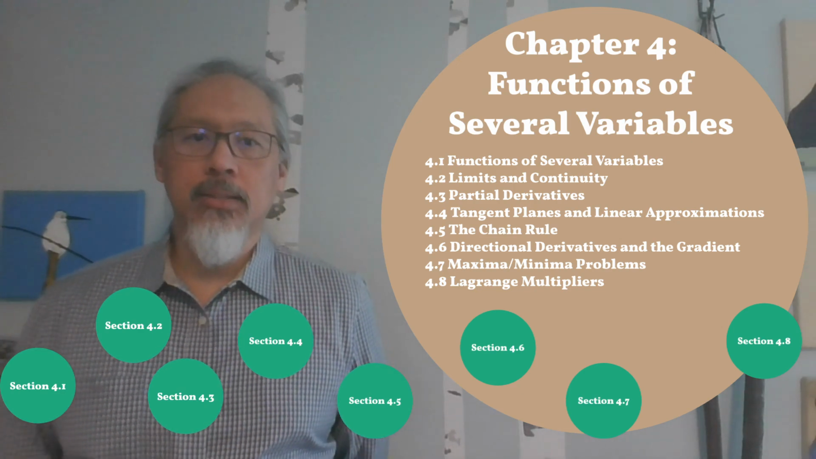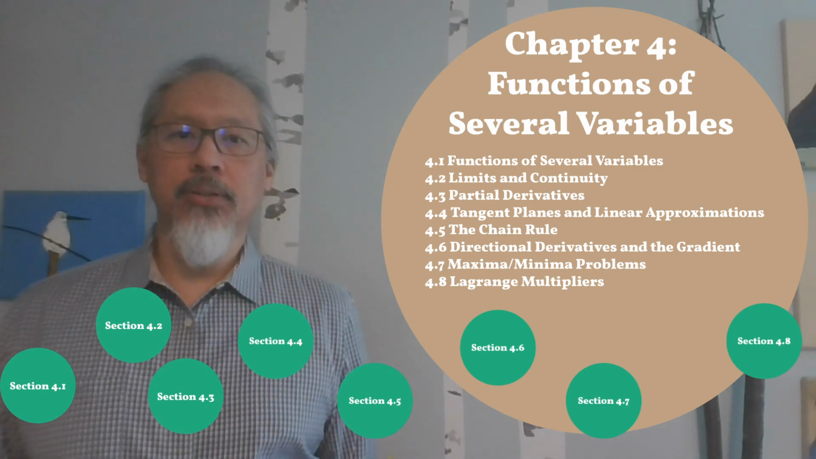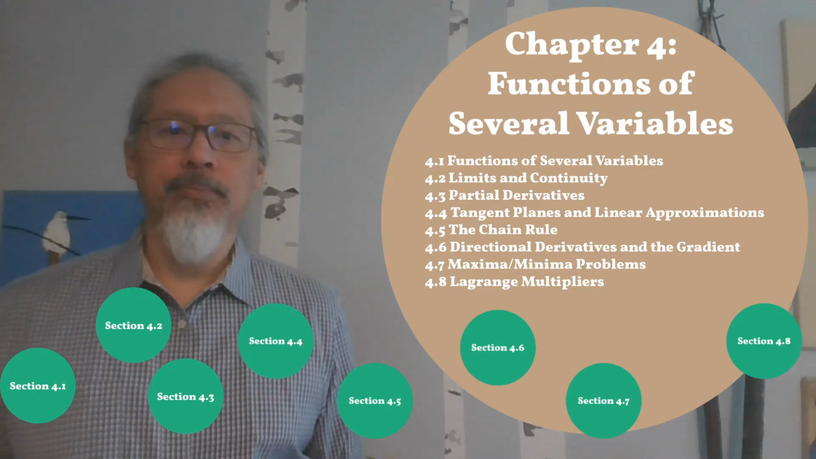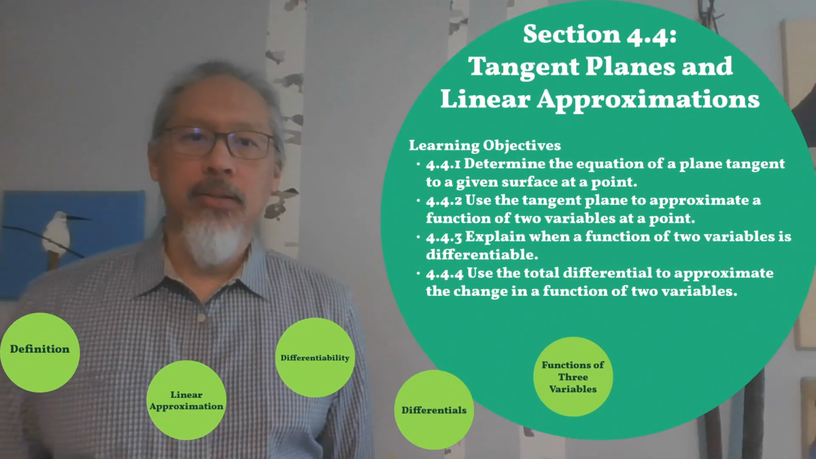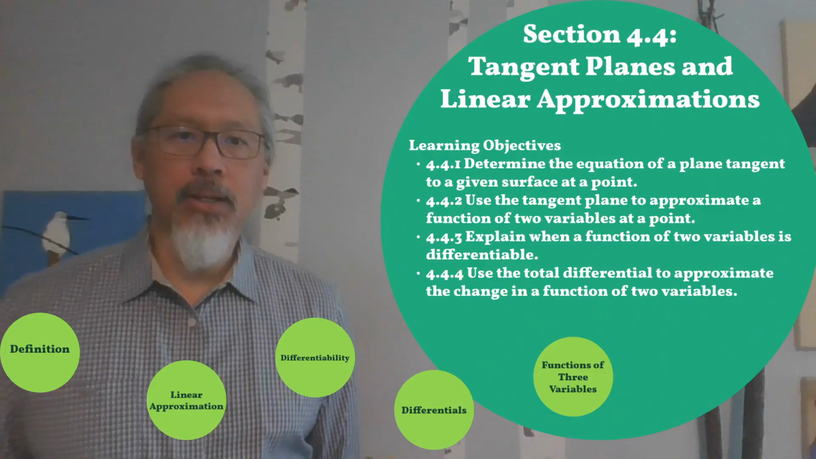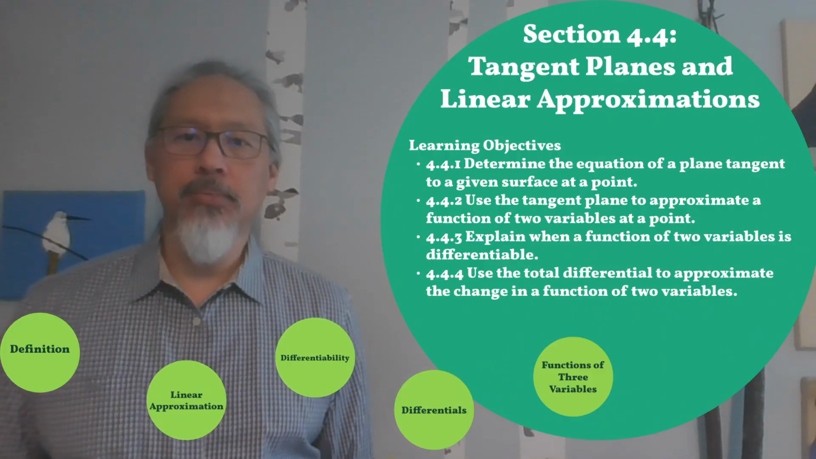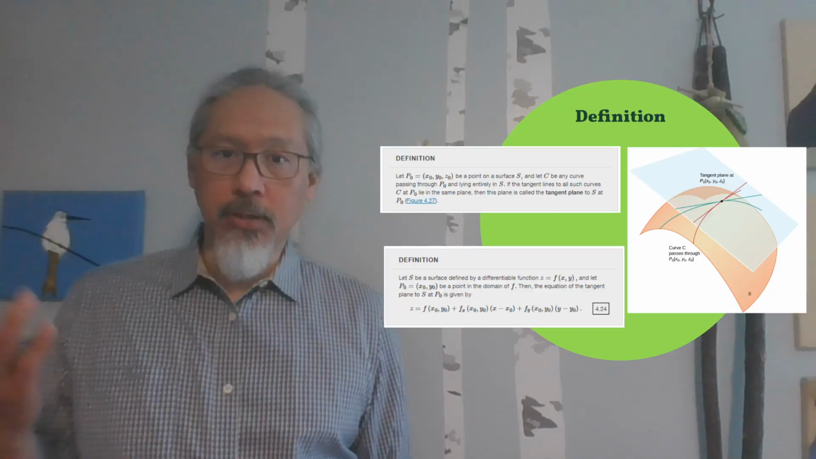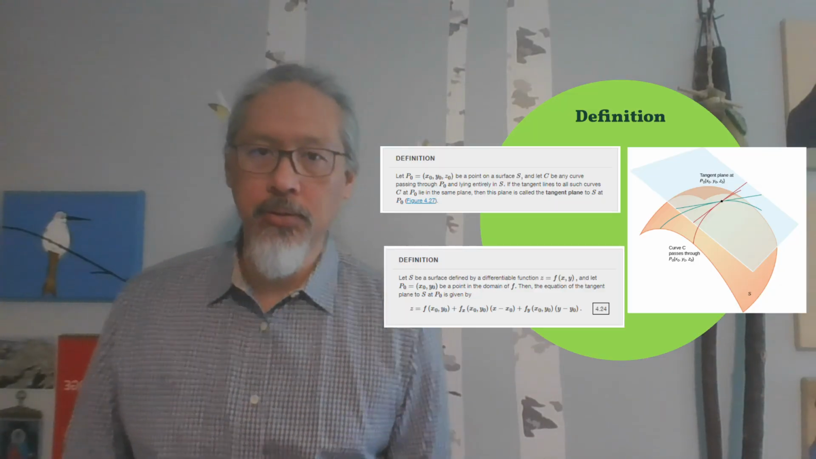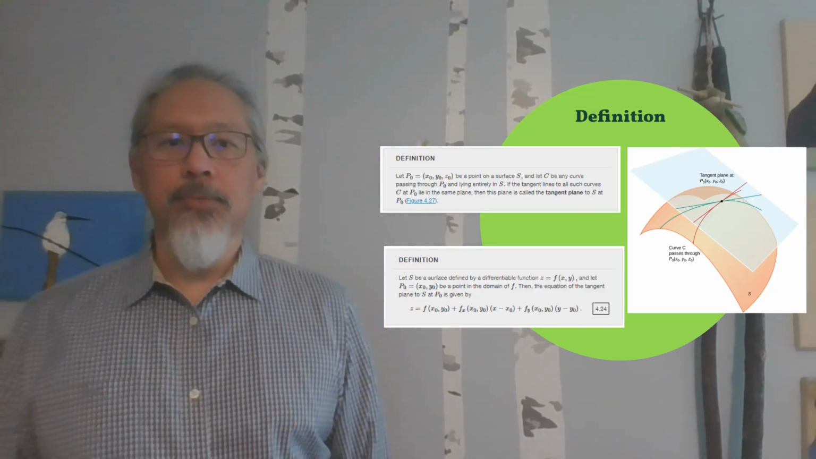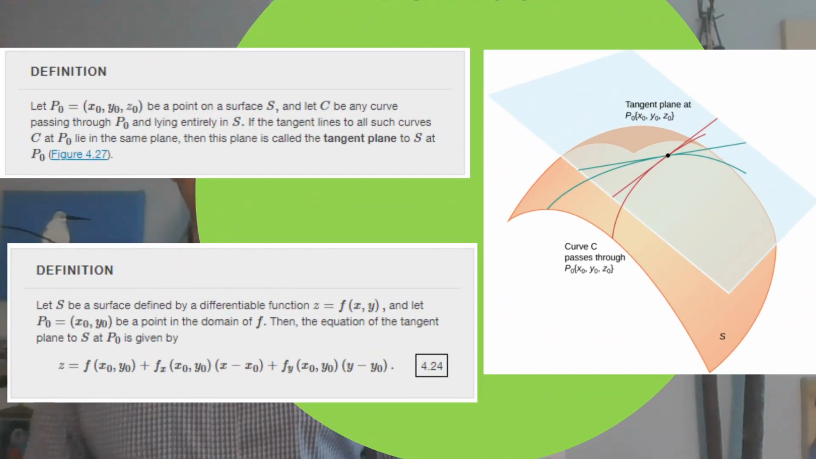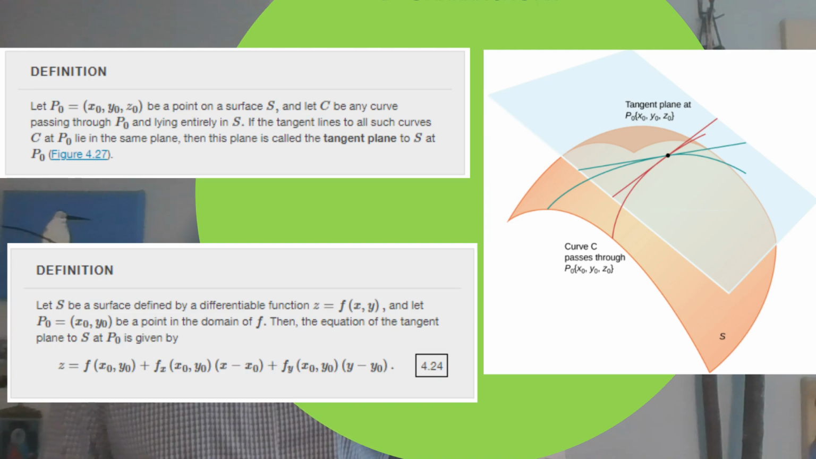Hello, let's take a look at an overview of section 4.4. In this section, we'll take a look at tangent planes and linear approximations. Much like tangent lines, tangent planes would be our linear approximation to a surface, just like tangent lines are linear approximations to a curve. So we'll define a tangent plane, and then we'll take a look at how to find